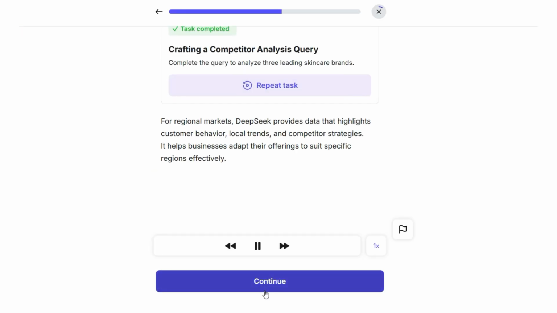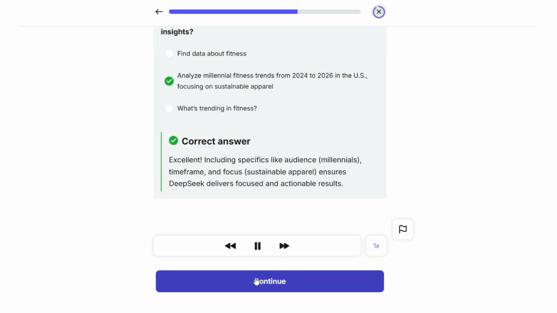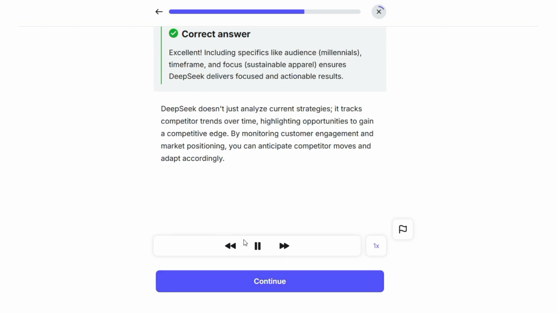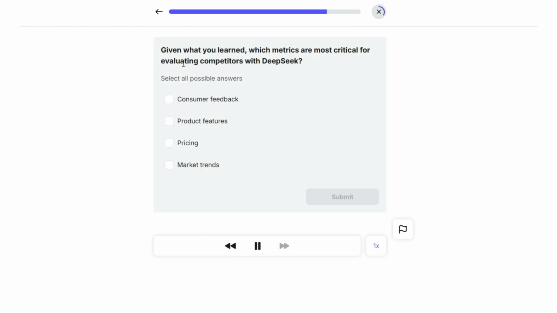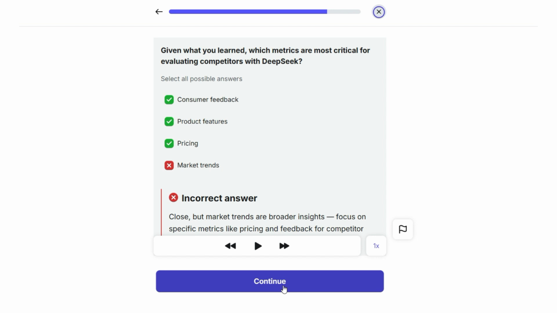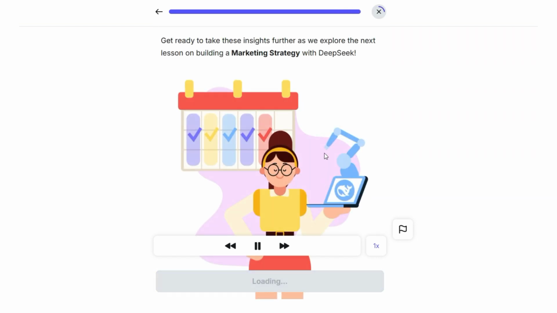For regional markets, DeepSeek provides data that highlights which query would deliver the most actionable market insights. DeepSeek doesn't just analyze current strategies. It tracks, for instance, trends. Given what you learned, which metrics are most critical for evaluating competitors with DeepSeek? With this knowledge, you can now use key takeaways. Get ready to take these insights further as we explore the